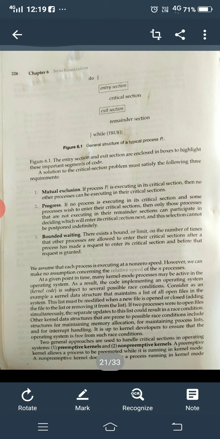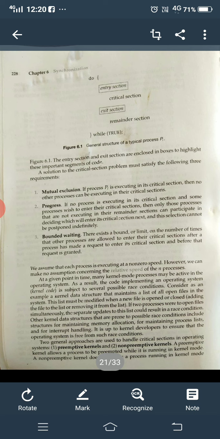For this we will study the critical section problem first. So what is a critical section? The critical section is a part of code in every program where the shared data is being updated, modified. The shared part of the program is present in this critical section, hence it is very crucial, so it is called the critical section. First we have an entry section in the program where we request to enter the critical section. After completing execution in the critical section, we go into the exit section, and then the remainder part of the code is executed.